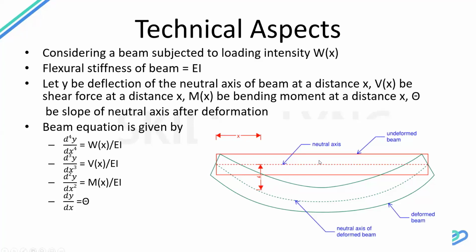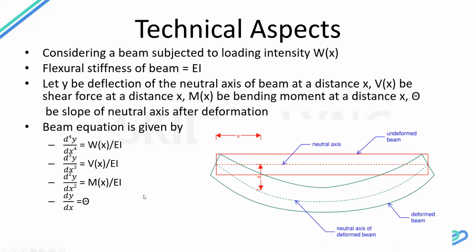What I'm trying to show here is that when you apply a load, the beam deflects, and the deflected shape is shown in green here. The vertical displacement that we typically deal with, y, is the vertical displacement of the neutral axis, for example. Now we have these different beam equations, which are the basis of any beam analysis. Say you have a beam subjected to a uniform load, or maybe not a uniform load, but a load which is a function of space. Say that load is w(x).